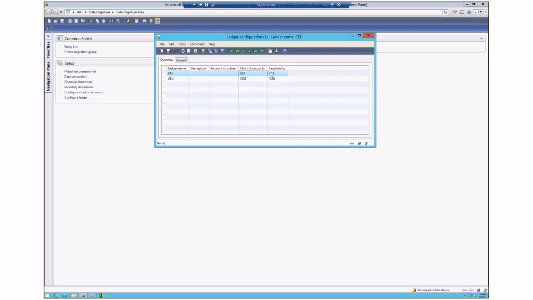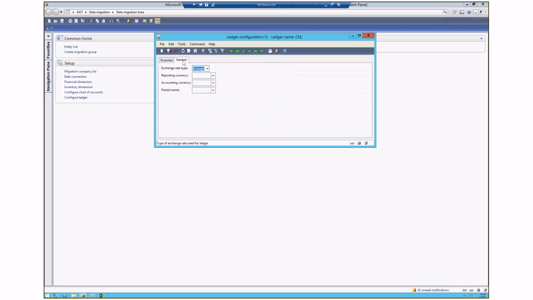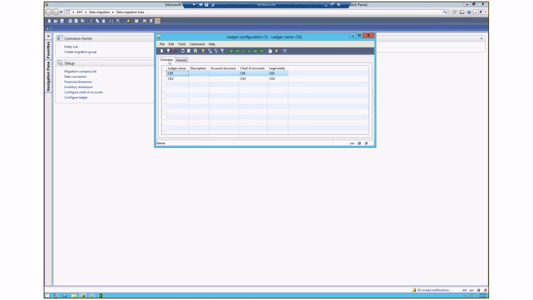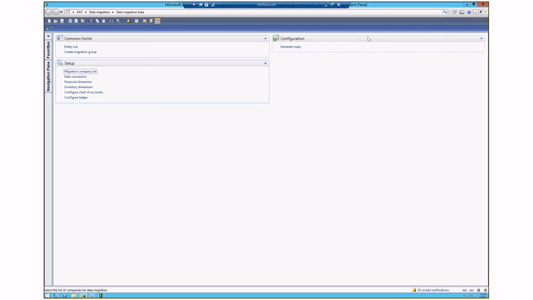So tied to each legal entity, you can pick the chart of accounts, and you can also specify your currency and calendars, etc. That is what you configure, and we use this definition and the backing data entity to load this information and create the ledger on Dynamics 365 for Operations. These four sets of forms are concept changes that we have made between the 2009 release and